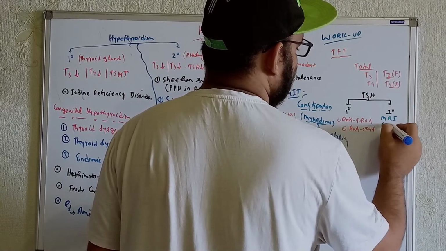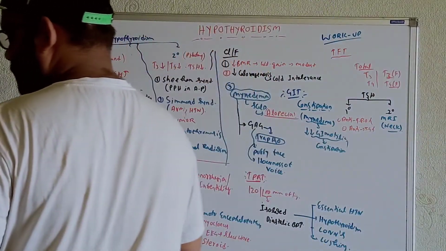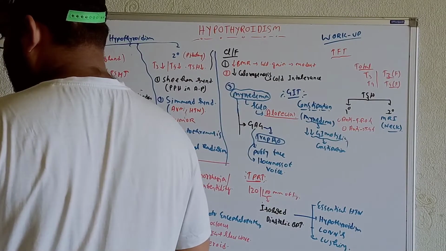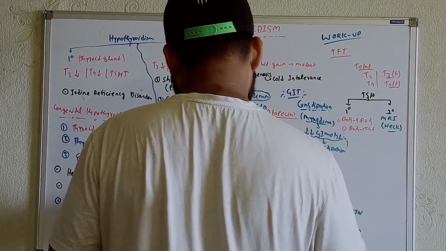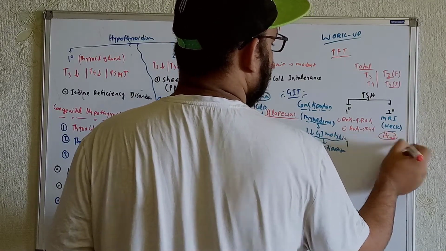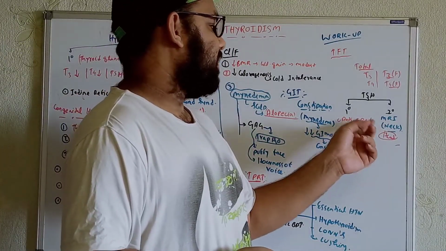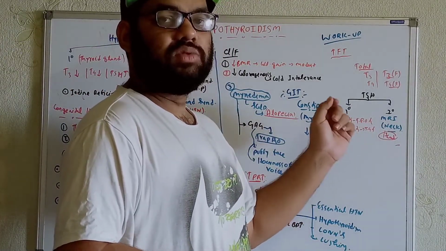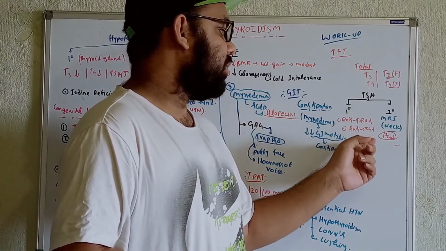You can do the MRI of the neck in this case, just to have the confirmation. Along with that, yes, we can do the MRI of the neck, no problem. We can also do the head if you want. But in case of the TSH test, we can do the anti-TPO, that means antithyroid peroxidase antibody. We can use the antithyroid peroxidase antibody in these cases, or you can use the antithyroglobulin antibody over here.